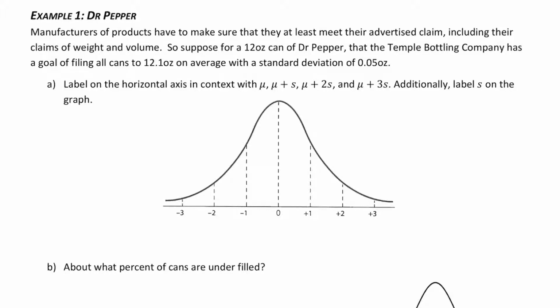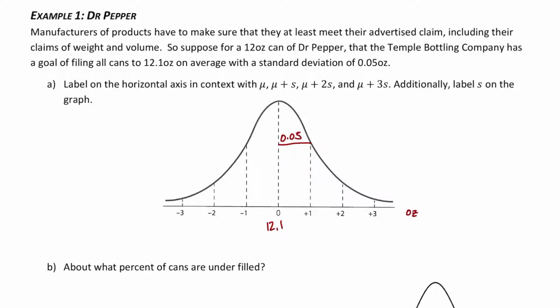All right, so let's start with the mean in the middle, and that's 12.1. We don't have to label the units unless you want to. If you want to put the units, you can maybe stick them over here on the side so that we're clearly talking about ounces. So 12.1. Well, my standard deviation, I can go ahead and label it here. It's from the mean and up 1 standard deviation, because those zeros plus 1 plus 2s, those are the z-scores. So my standard deviation is